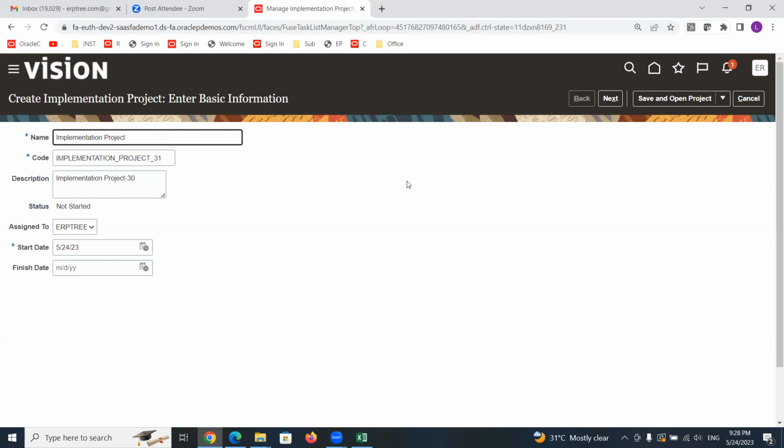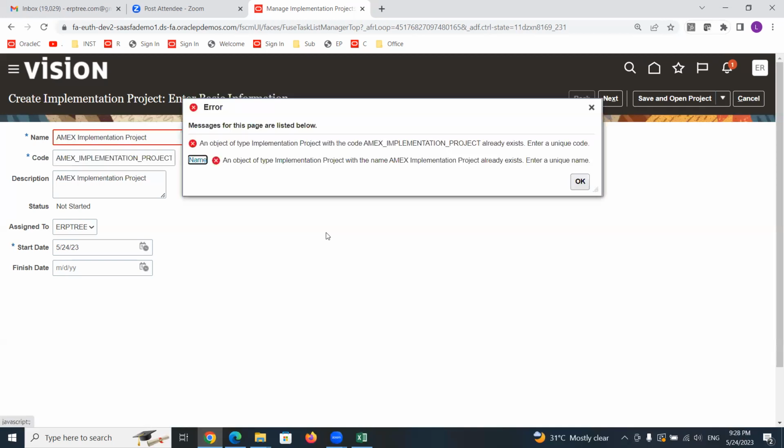For our testing, let me take some other name, American Express, Amex. Amex implementation project. Say we are going to implement for Amex and we are creating the implementation project with the same name. Once you provide the name and tab out, the system will automatically update the same name.